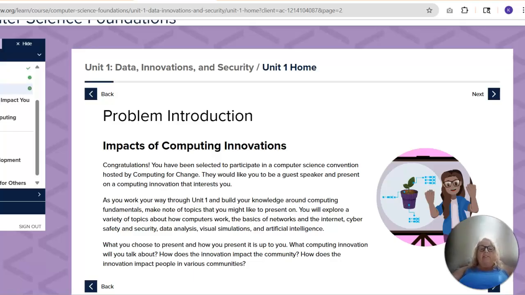Impacts of computing innovations. It says, congratulations, you've been selected to participate in a computer science convention hosted by Computing for Change. They would like you to be a guest speaker and present on a computing innovation that interests you. As you work your way through Unit 1 and you build your knowledge around computing fundamentals and make notes of topics that you might like to present on, you will explore a variety of topics about how computers work, the basics of networks and the internet, cyber safety and security, data analysis, visual simulations, and yes, last but not least,